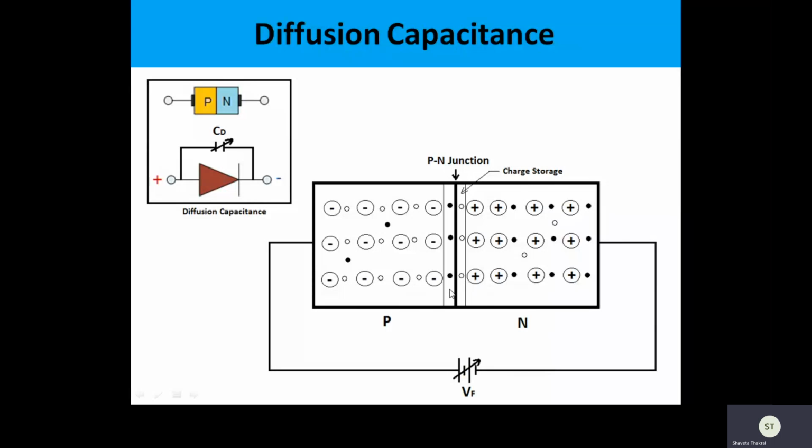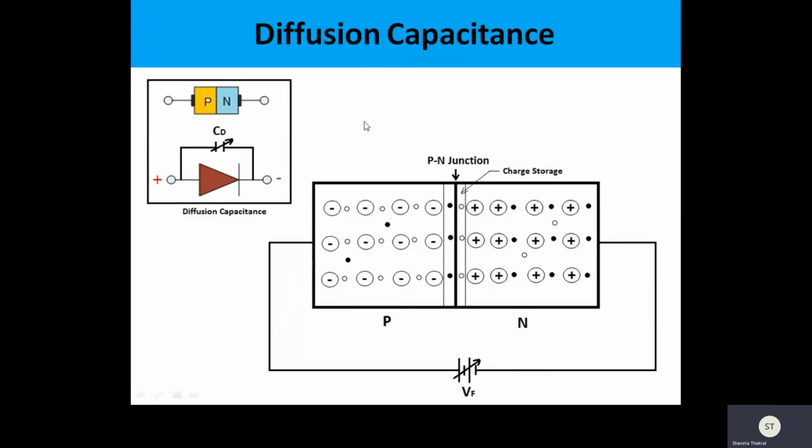So because of the storage of charge carriers at the junction, we can say the storage of minority charge carriers at the junction, or because of the accumulation of charge carriers at the junction, a capacitive behavior gets produced in the PN junction, and that is called the diffusion capacitance. And the amount of stored charge varies with the applied potential, as this behavior can be compared with the behavior of a capacitor. That's why this particular phenomenon is called the diffusion capacitance.